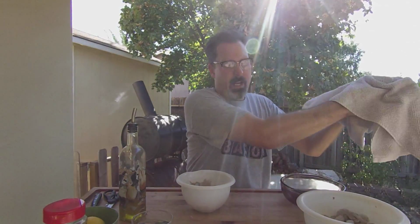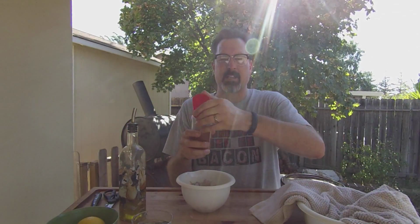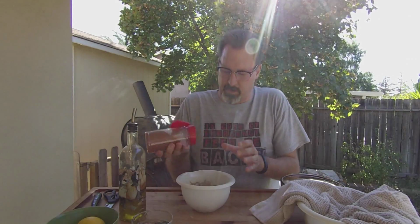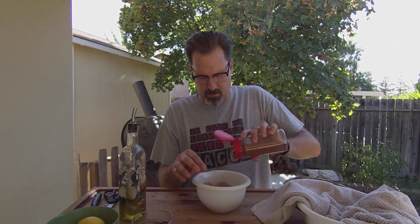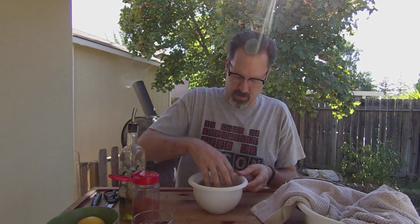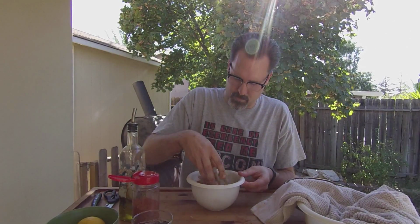and remember, these have been peeled and the tails removed at this point, just to make it a lot easier. We're going to add some of my home seasoning here. You can use whatever you wish. This is my sweet and smoky. And just lightly coat the shrimp. Oops. So that you've got a little bit of spice on there, just enough to give it some flavor, because we're going to be adding this, of course, to our